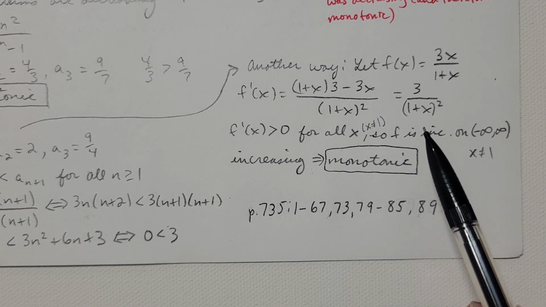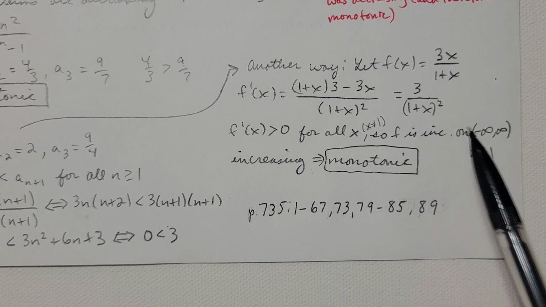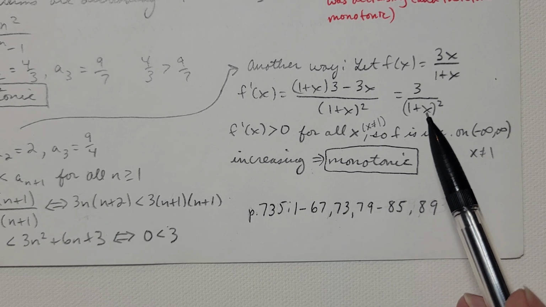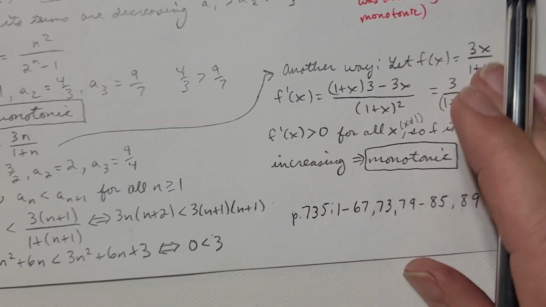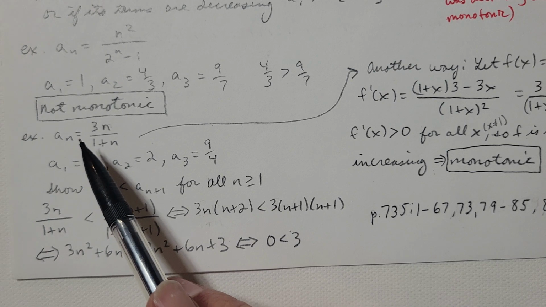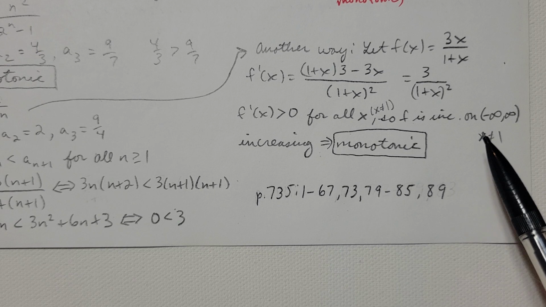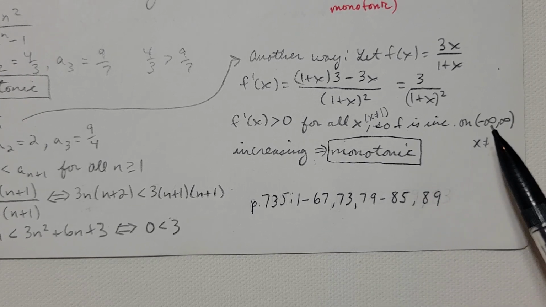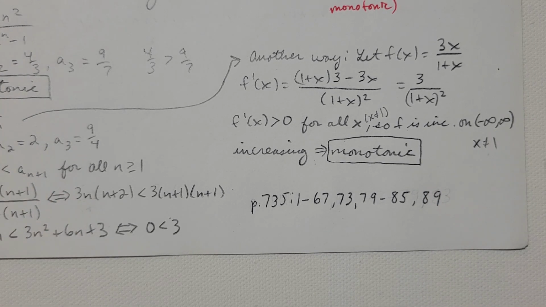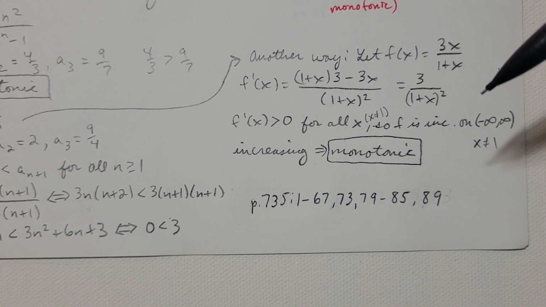Except for when x is -1, which by the way I don't care about, because x can't be -1 anyway, right? Because I'm only looking at positive x values here. So because f is increasing everywhere, then I would say that it's monotonic, or I could also say that it's monotonically increasing. That would be another way to say it. Okay, so